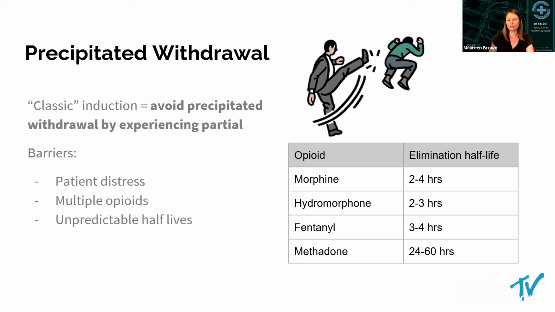And then you can see in the chart on the right that there's a huge variety in the different half-lives of the agents that we commonly see. Just to highlight one specific, methadone has an incredibly long half-life, and that long half-life has also been a traditional barrier to making a switch for patients who might desire to change from methadone to buprenorphine. Another one to highlight is the fact that fentanyl is a bit notorious for having a very unpredictable half-life. While on paper its half-life is about 3 to 4 hours, it is lipophilic, and so it tends to be released into the bloodstream at very unpredictable levels. And this can lead to a lot of other problems for our patients.